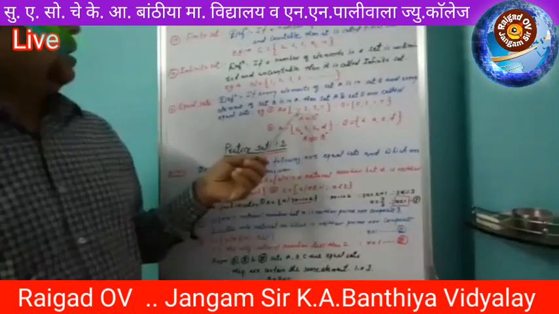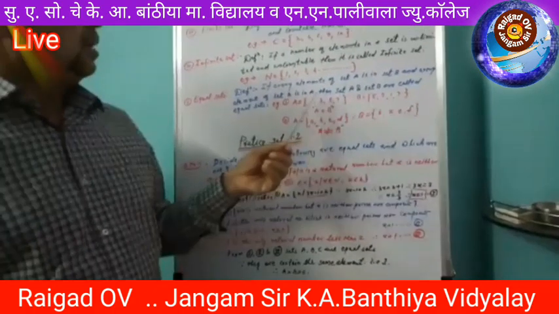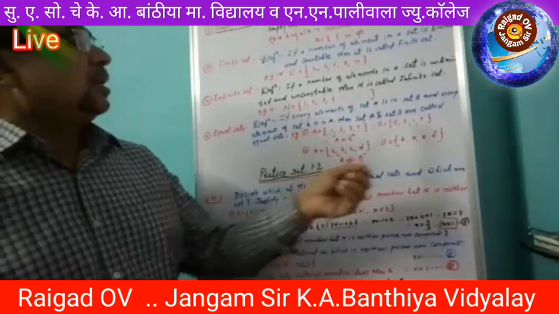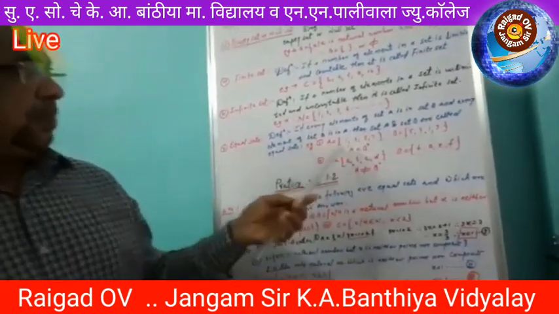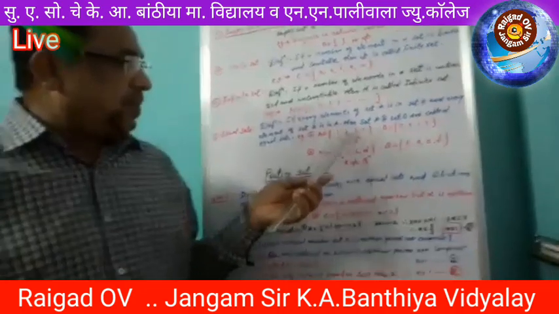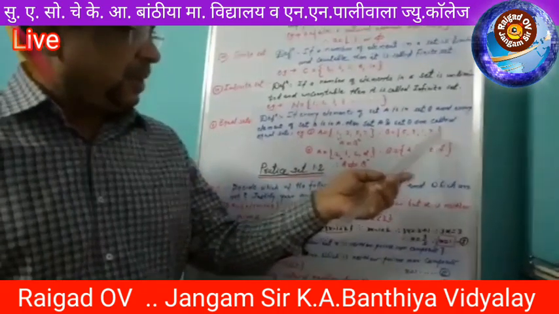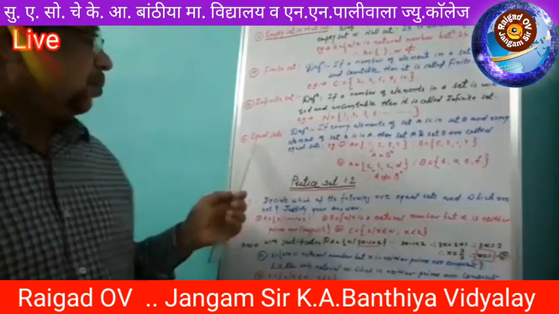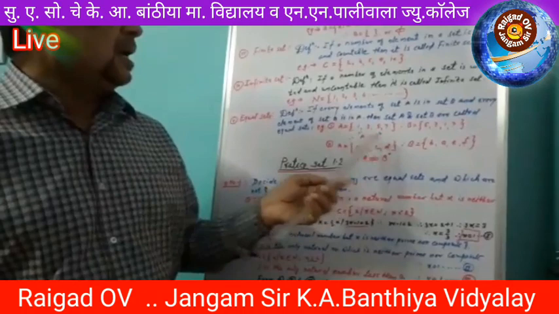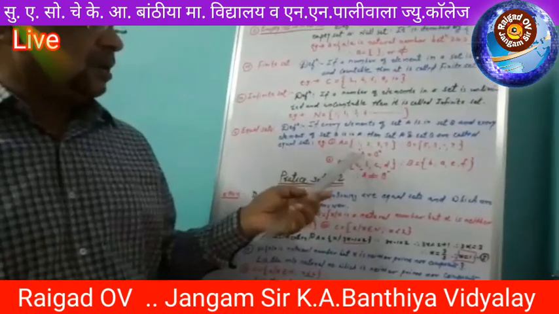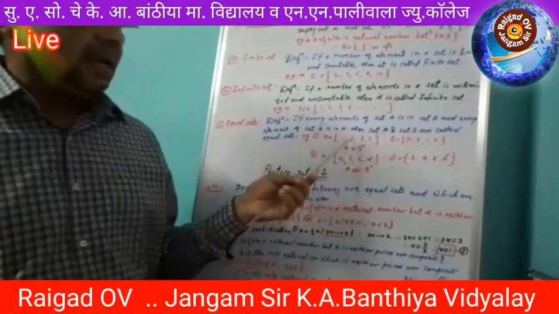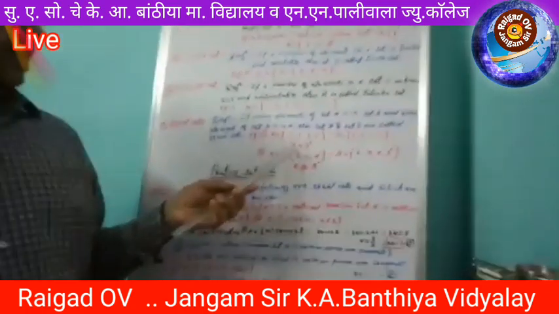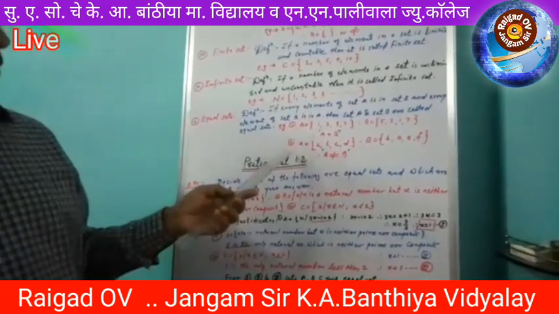See here, 1 is present in B. 3 is also here in B. 5 is also in set B. 7 is also in set B. It means that each and every element of set A is present in set B, hence A equal to B. We write here A equal to B. It means that both the sets are equal sets. A and B are equal sets. Why are both the sets equal? Because every element of set A is present in B and every element of set B is present in A. Therefore A equal to B. You consider the second example.